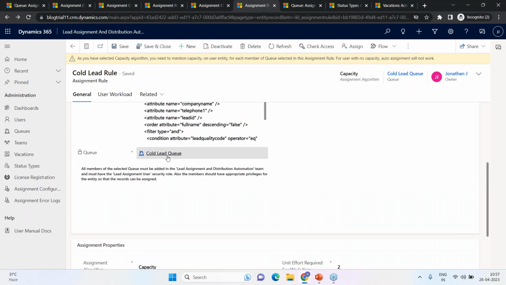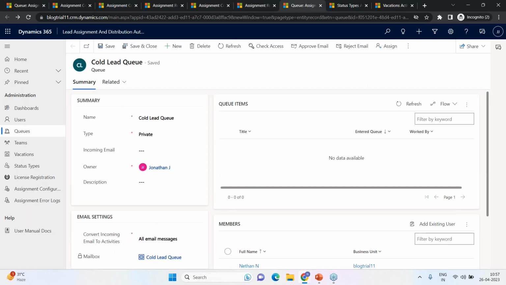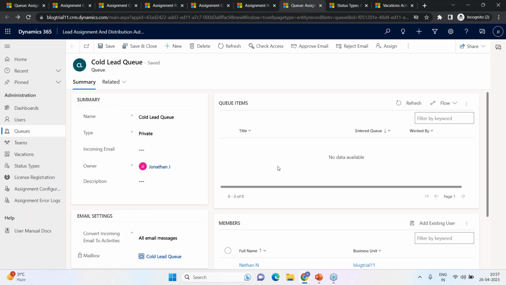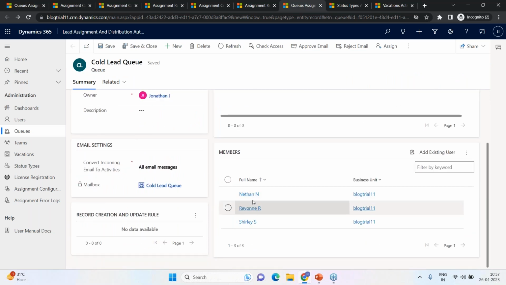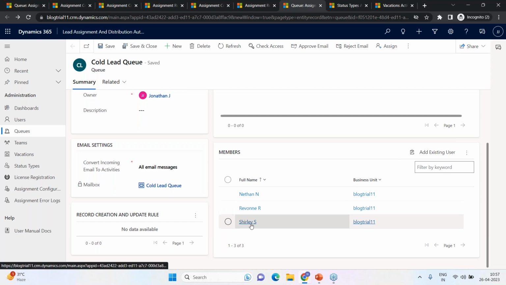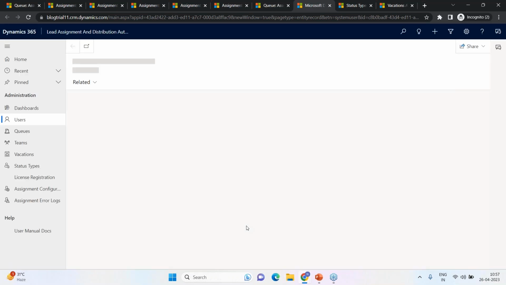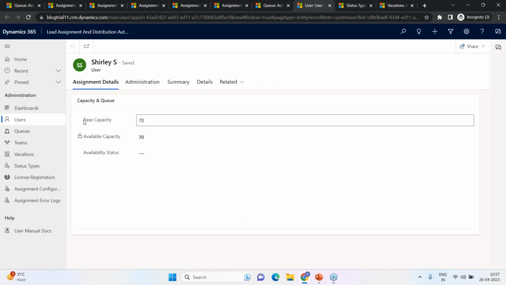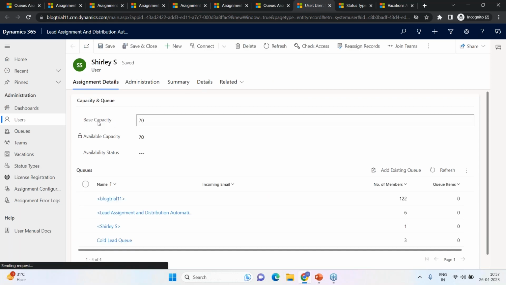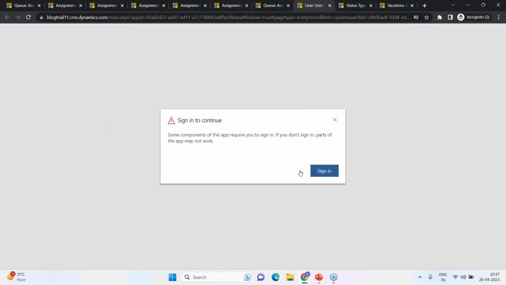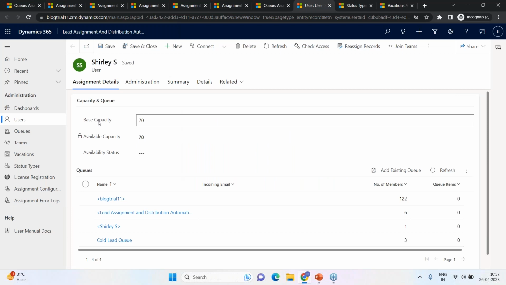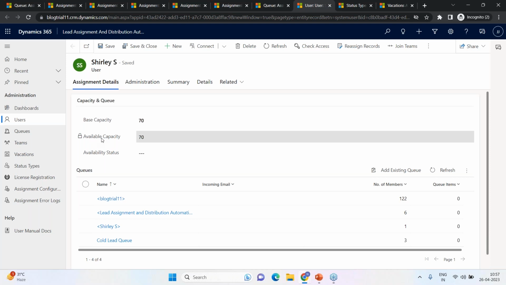So here's my cold lead queue, and I've kept it open for simplicity. And we have 3 members right here. We have Nathan, we have Revon, and we have Shirley. So let's open up Shirley in this case. And here you may notice we have the base capacity and the available capacity. So I have set the base capacity of Shirley to be 70 and the available capacity